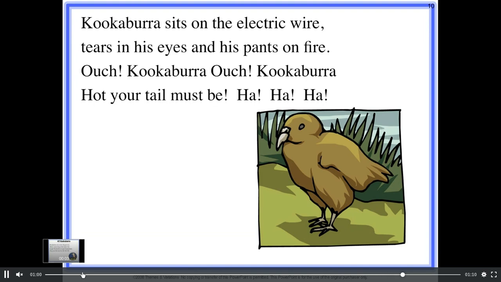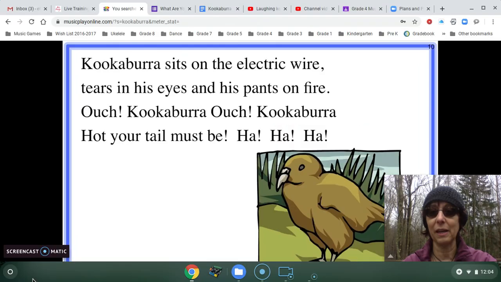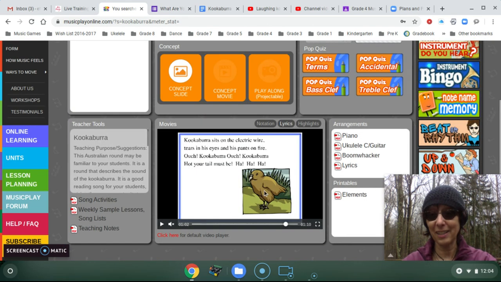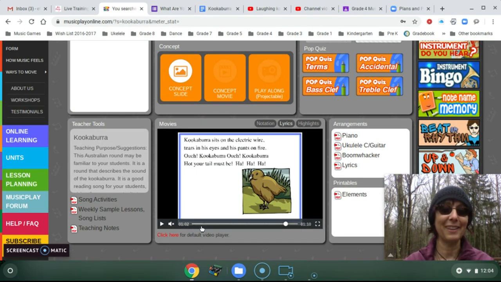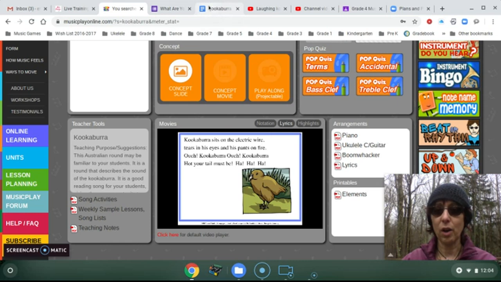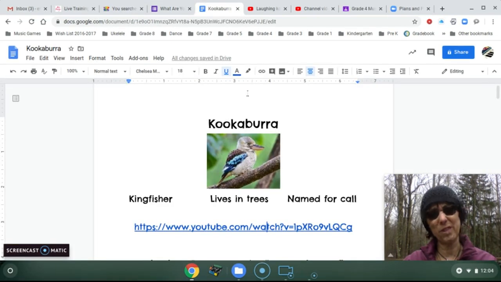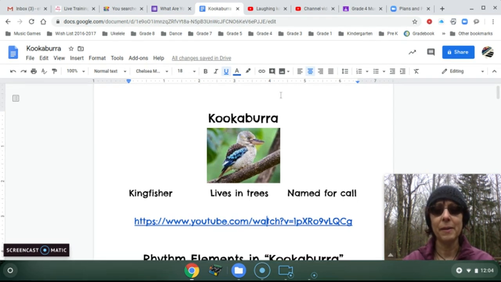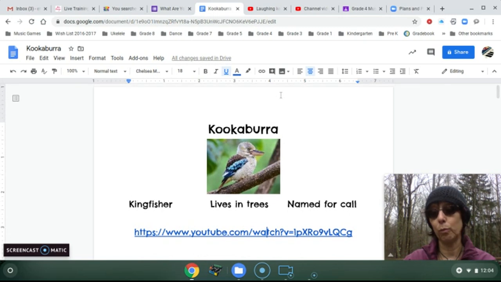I didn't teach that verse, did I? No. Actually, this is a really cool song because this site is really cool because it has a lot of verses in its kookaburra version that I did not have. So I really like that last one. It's very funny. All right, so maybe you noticed how the song sounded. Sometimes my voice got short. Did you notice when it got kind of short sounding? Yeah. Sometimes it flowed a little bit. We're going to talk about that.